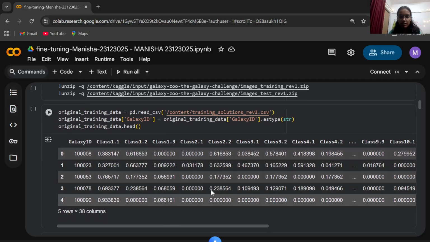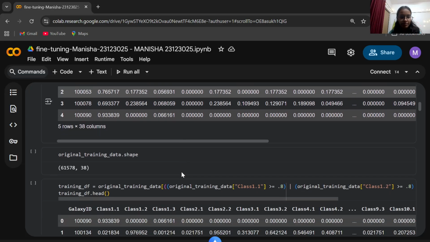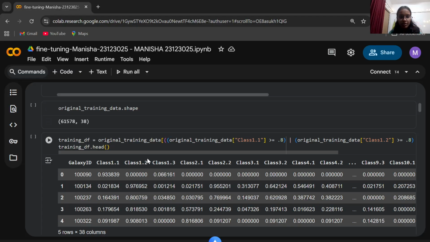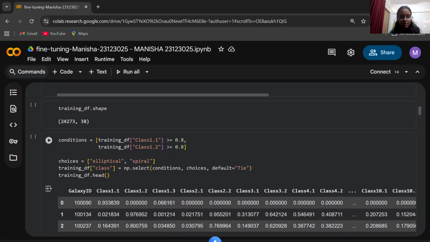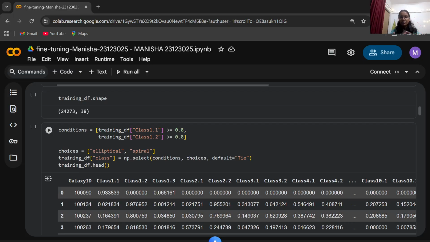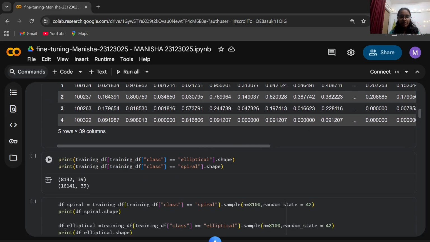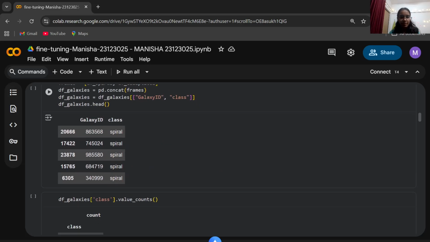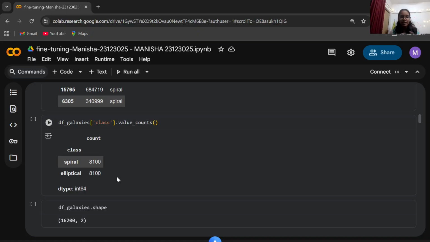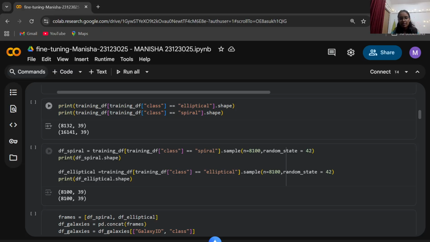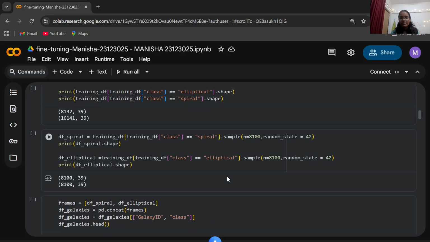This is how our data was, and then we put a condition to classify all the labels into two categories, elliptical and spiral. That's why it's like this. Some are spiral, some are elliptical. The total were spiral 8100, elliptical 8100. We did this using this code with random sampling so that our dataset would be balanced,